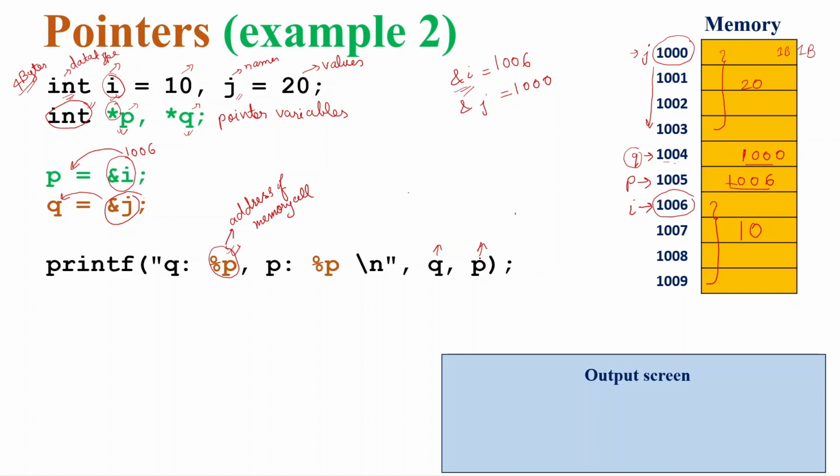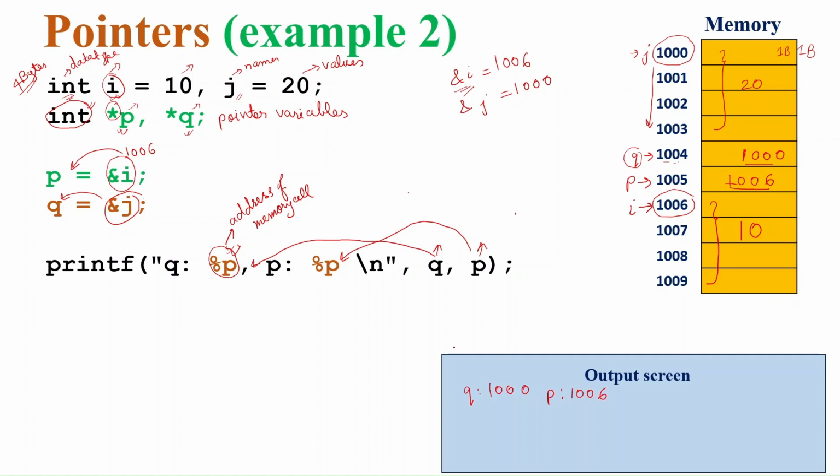So what values are going to be printed? Q will come for this and P will come for this format specifier. So what is in Q? Q is your 1000. So on the output screen you are going to get Q as 1000 and for P you are going to get